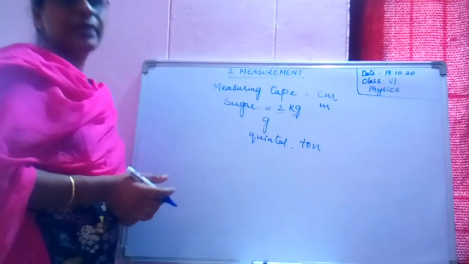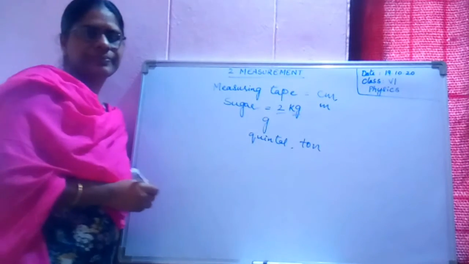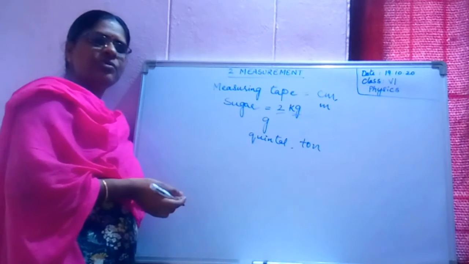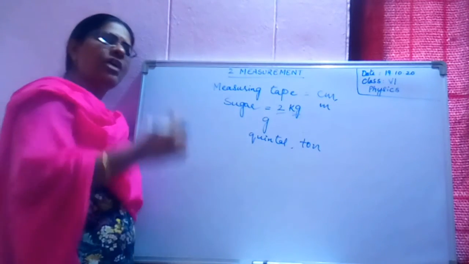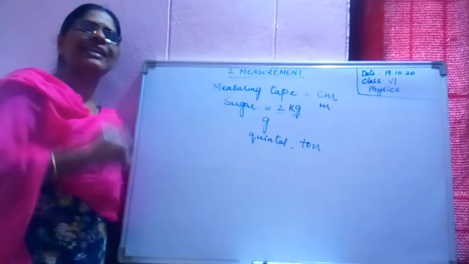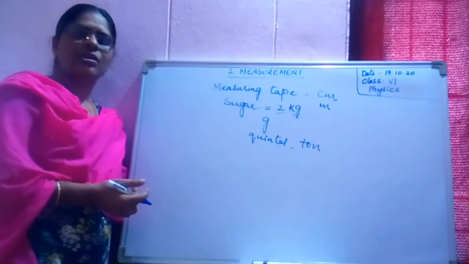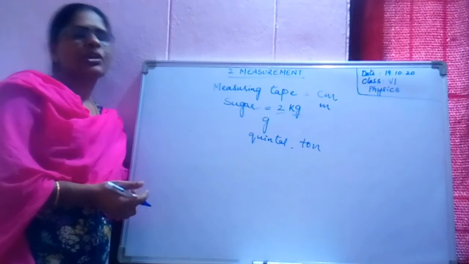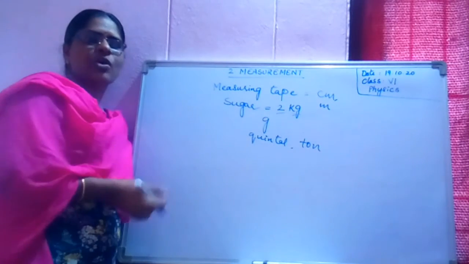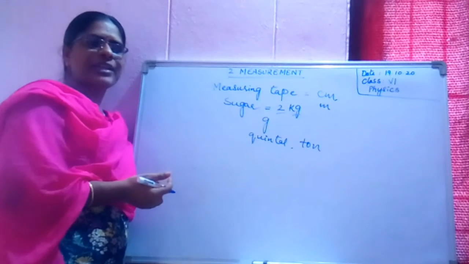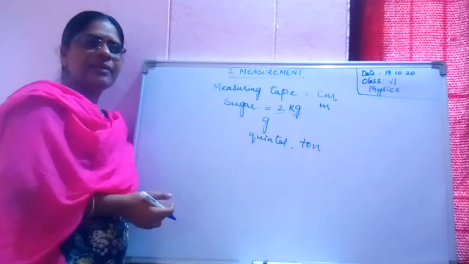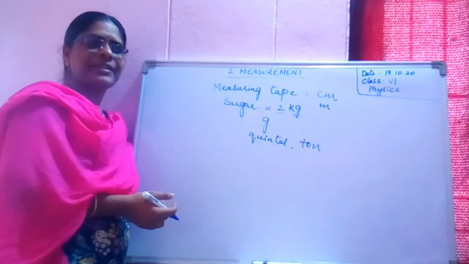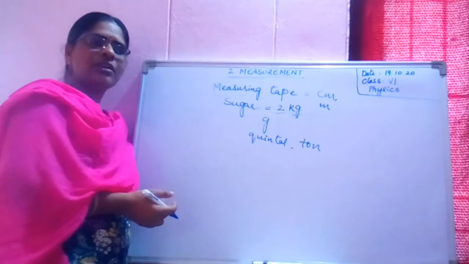Now, let us do a simple activity. You all have been using your pencil. Yes? Now, I am giving you an activity. All of you find out the length of your pencil. What will you do, children? You all will be opening your compass box, taking a ruler or a scale, placing the pencil on the scale and finding out the length of your pencil. Do you all do that or not?